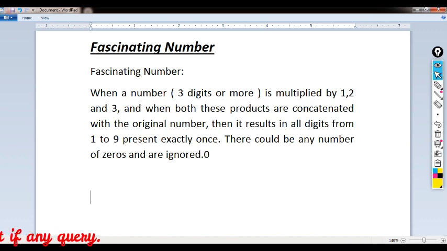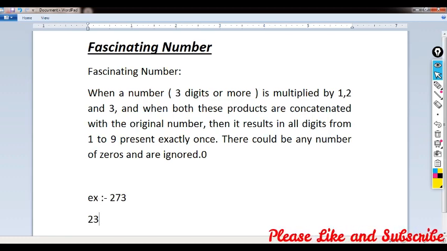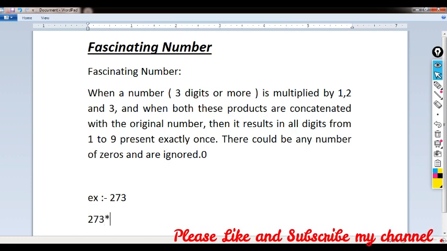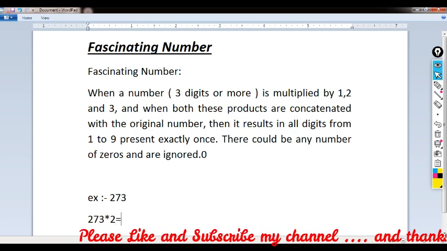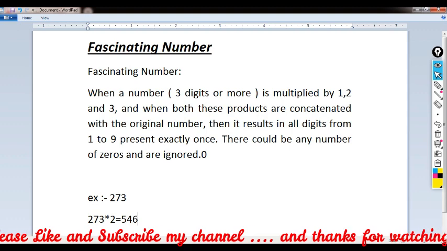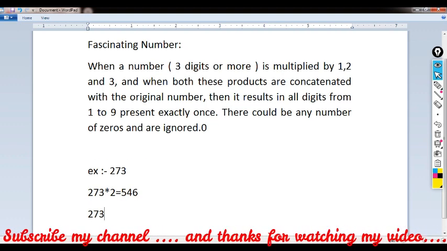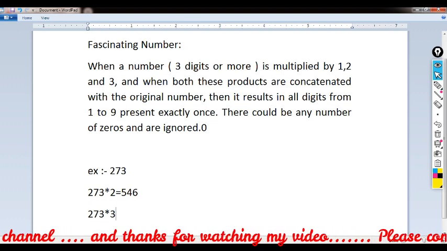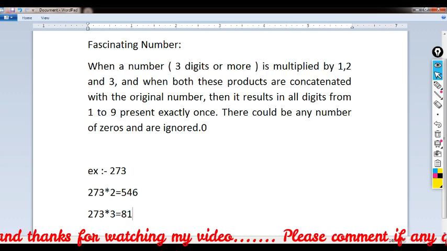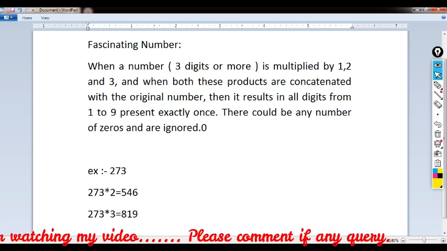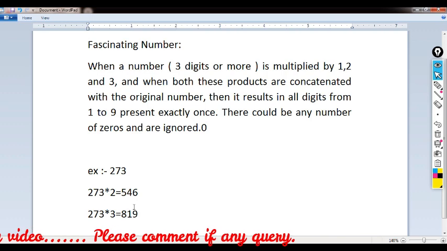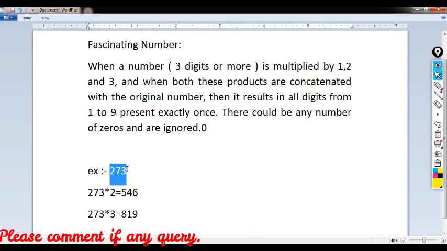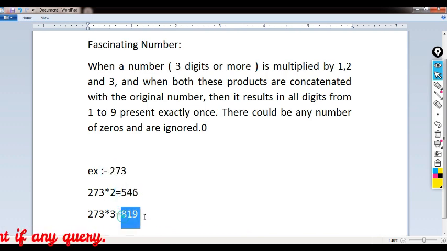For example, we can take 273. Here 273 into 2 equals 546, and 273 into 3 equals 819. Then we have to concatenate the original number with these results.